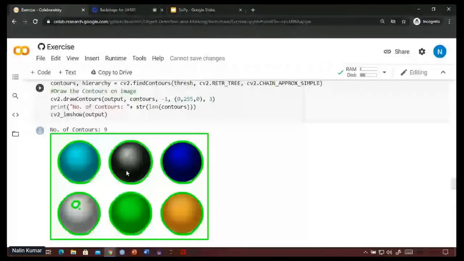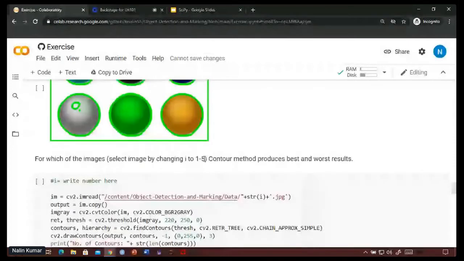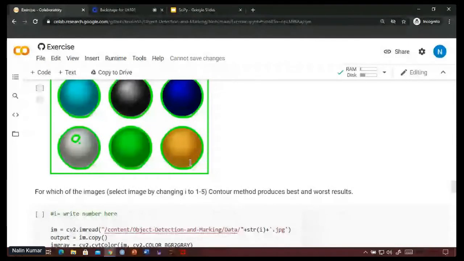These problems you can try to find out, like there are a few images available in the datasets. There are 5 images. You can try out how this contour method behaves with each one of them.